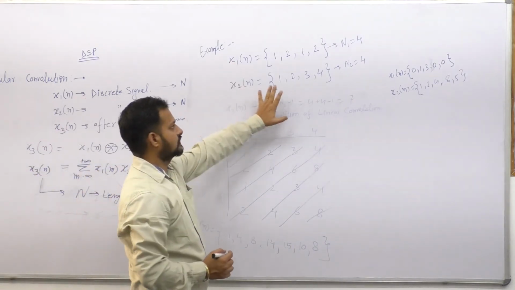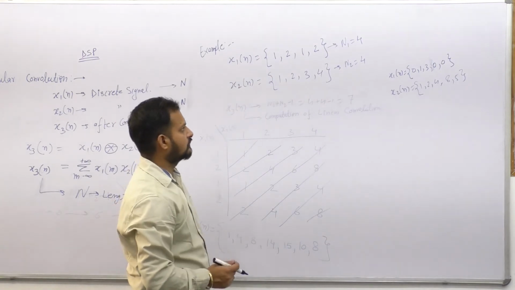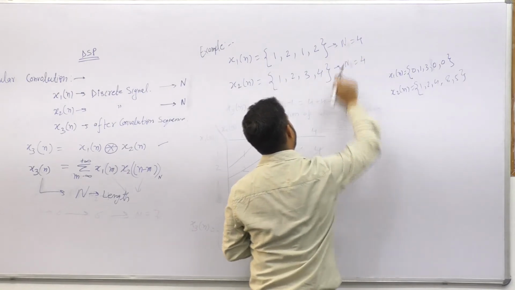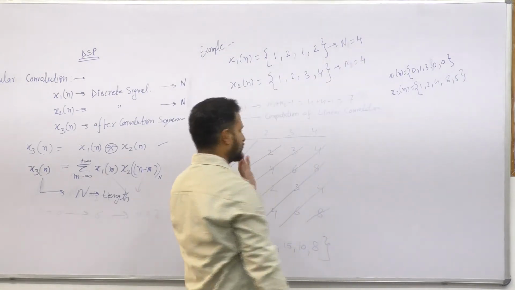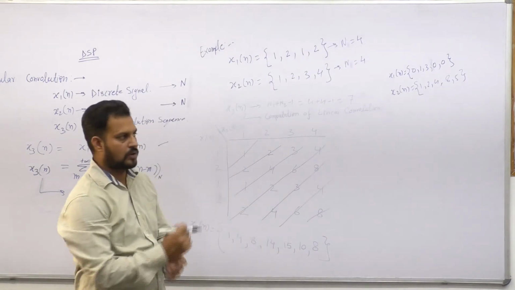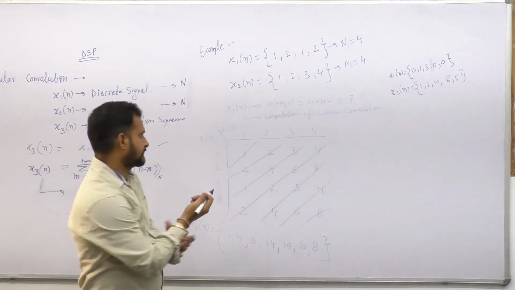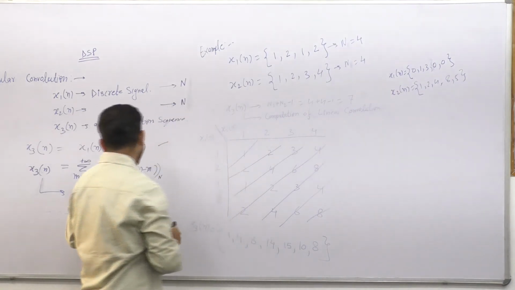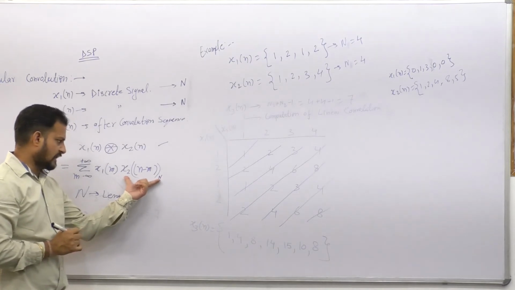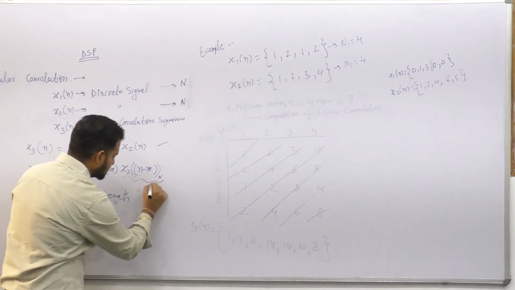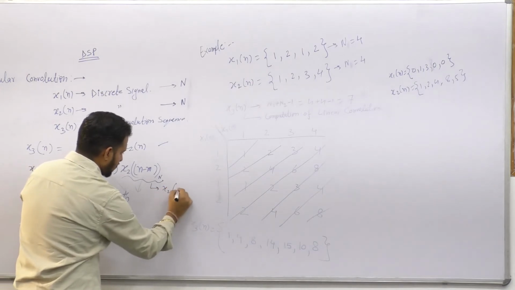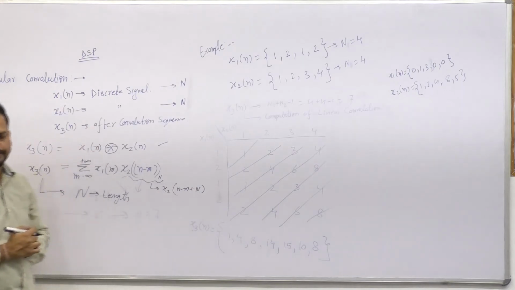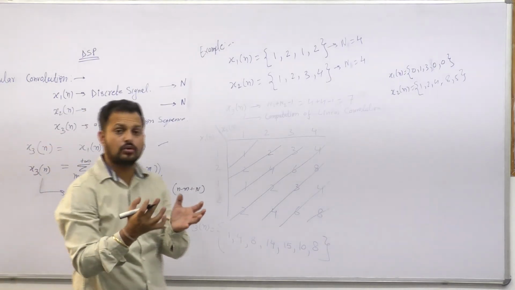So these two sequences are of the same length, right? n1 is 4, n2 is 4. That means n1 and n have the same meaning. And we apply this formula in the matrix form. So what does shifting mean? The formula will be given as the method. Whenever we are going to solve this, this function can be represented as, we can write down (n minus m) modulo N. This is called the circular shift.